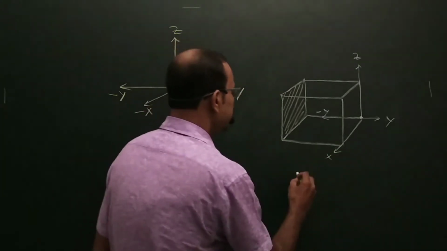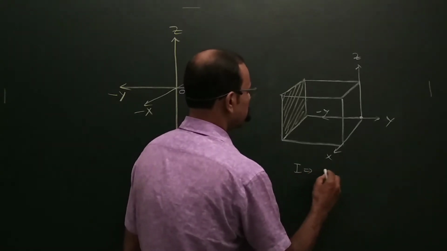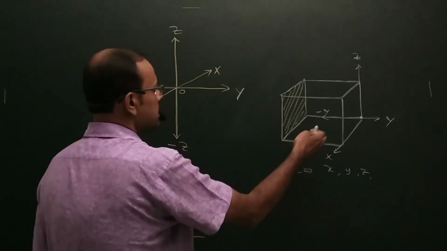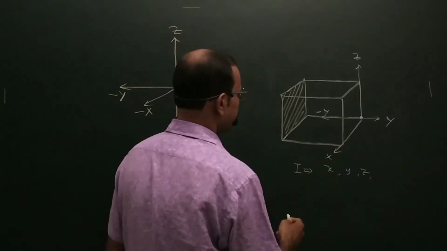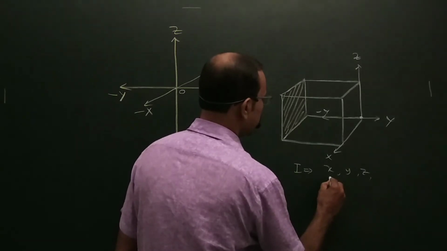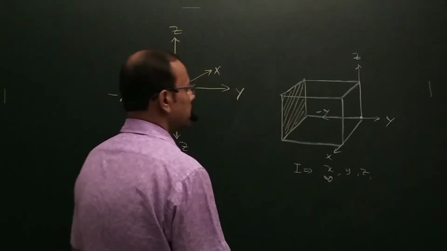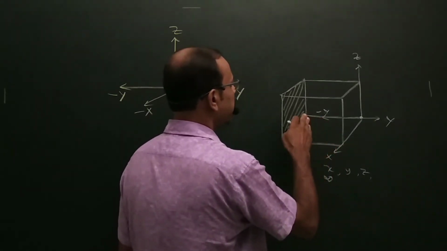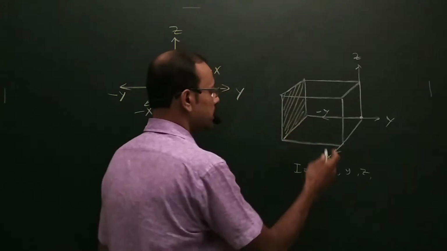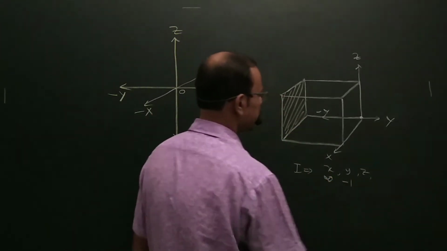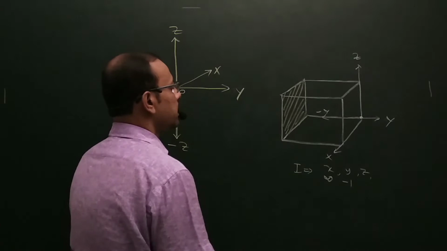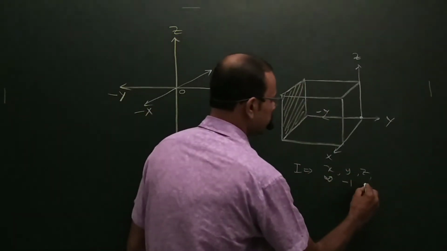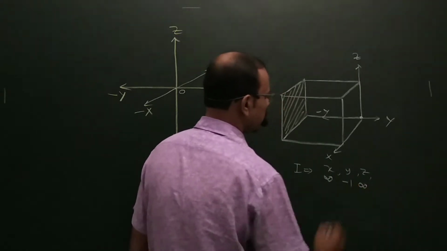Now, the integers you could see along x, y and z direction, the plane is parallel to x-axis. Therefore, the intercept along x-axis will be infinity. The plane intersects y-axis at negative y direction by 1 unit. So it will be -1. And it is also parallel to z-axis. Therefore, the base indices is also infinity along z-axis.